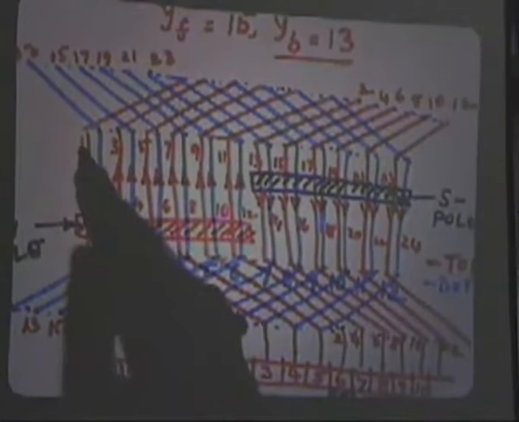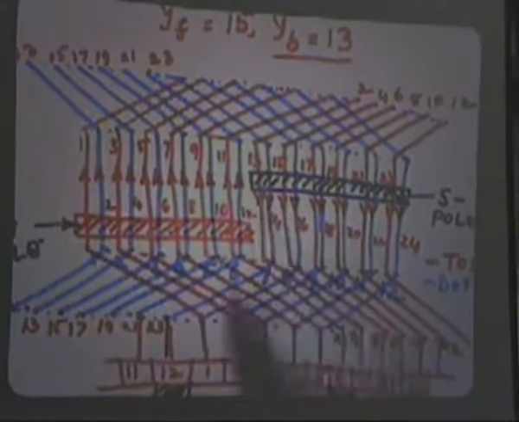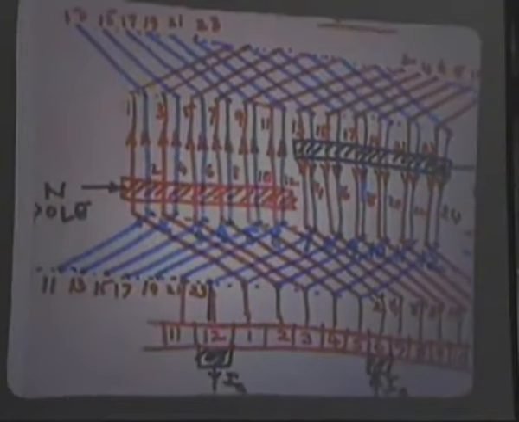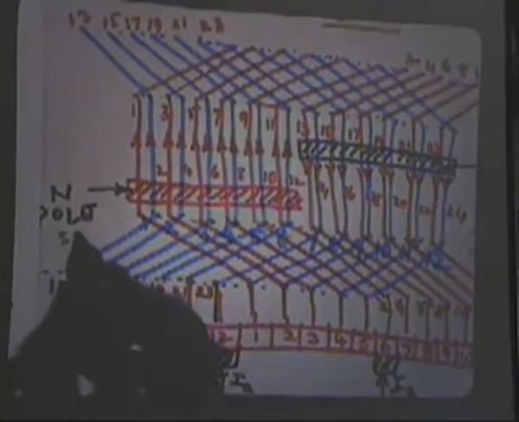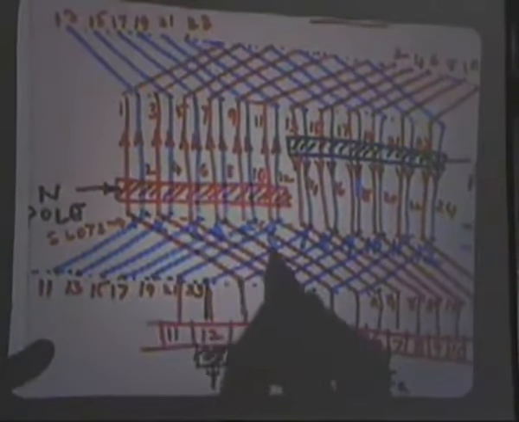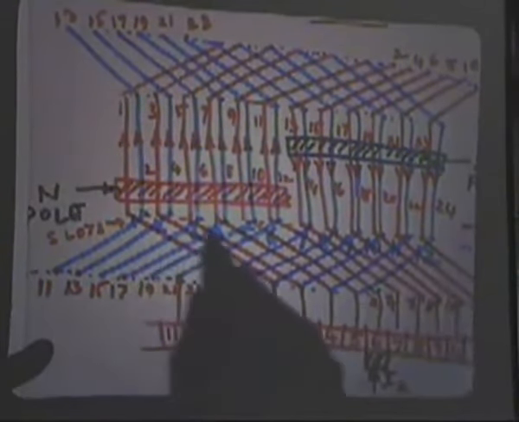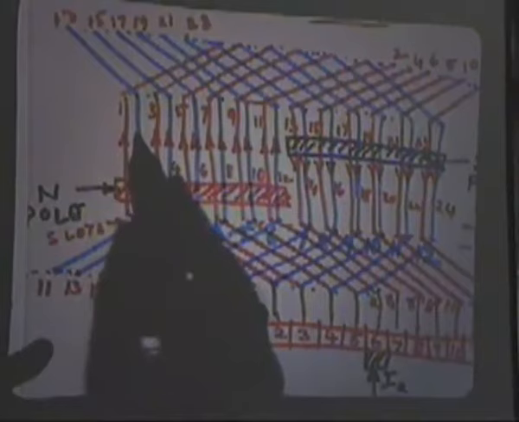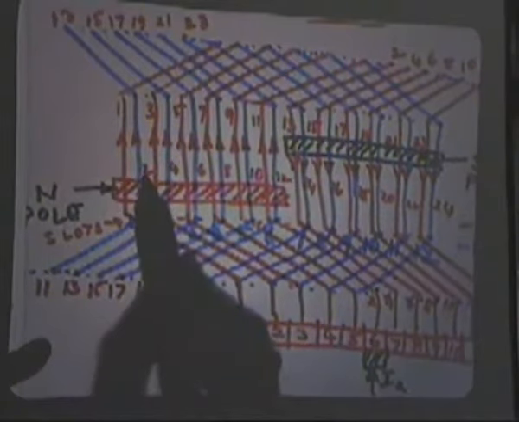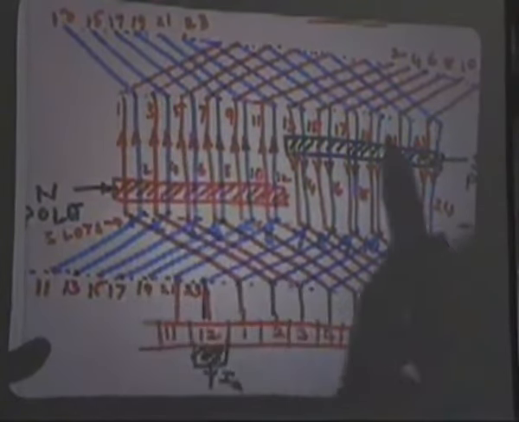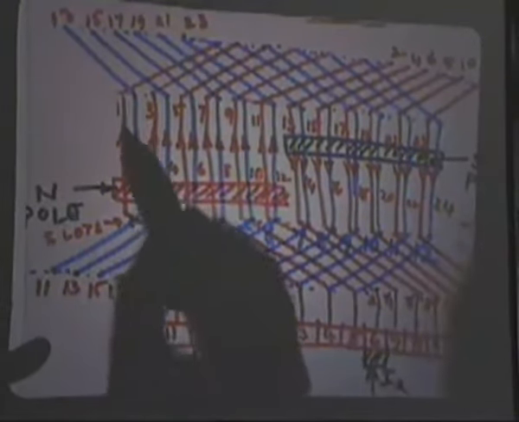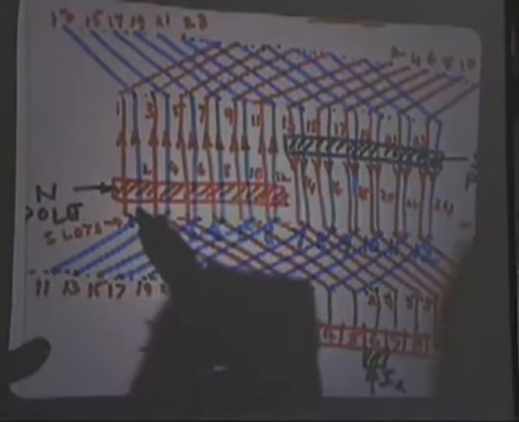Because from coil side 1 it goes to 13, and these are the slot numbers. There are 12 slots, 1, 2, 3, 4, 5, 6, 7, 8, 9, 10, 11, 12. In each of the slots there is a top layer and a bottom layer, where the top layer is coil side 1 and the bottom layer is coil side 2. So you can say all the top layer coil sides will have odd numbers and the bottom layer coil sides will have even numbers, and the top layers are shown in red and the bottom layers in blue. Okay.